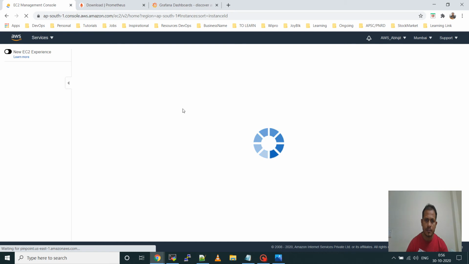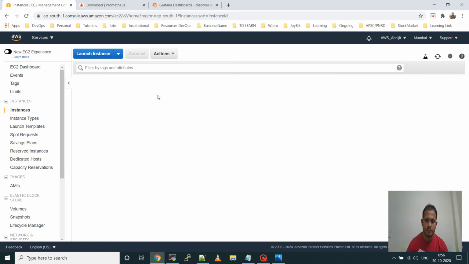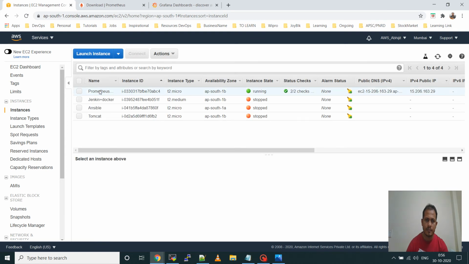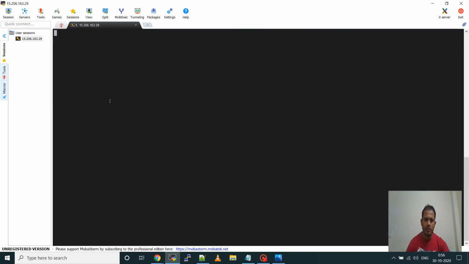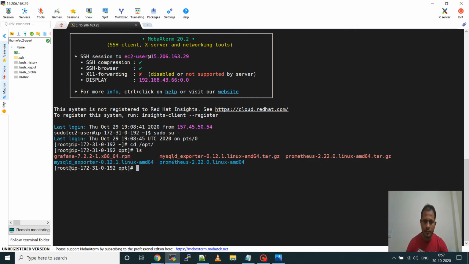You can see, I have installed MySQL, Prometheus and Grafana in the same server, and I have logged into the server using MobaXterm. So go to the opt folder. I have downloaded the Prometheus and this MySQL exporter. So you will get that